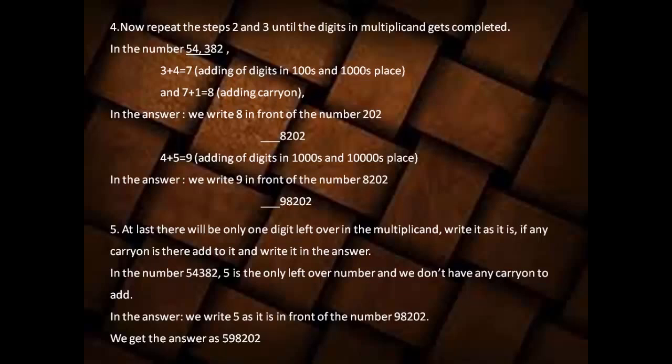So we can say that if we multiply 54,382 into 11, we get the final answer 5,98,202. By observation of the overall procedure, we can conclude that the addition of digits in the multiplication depends on the series of ones. So guys, this is the way we use the shortcut while multiplying a number with 11. I hope you have understood pretty well how to handle the shortcut.